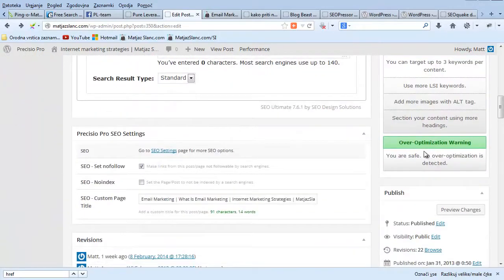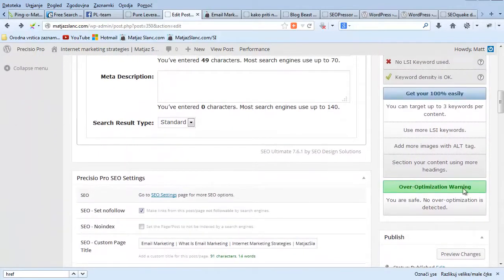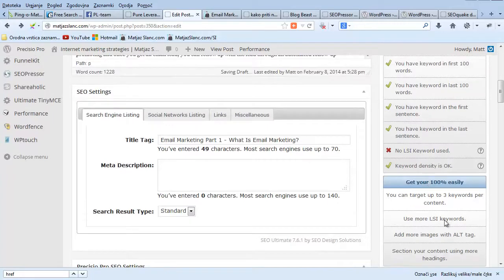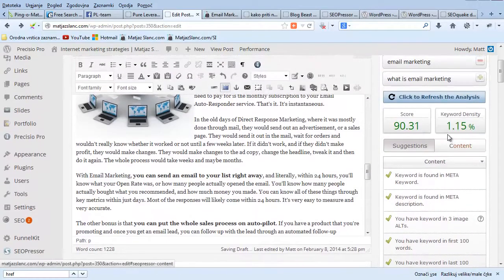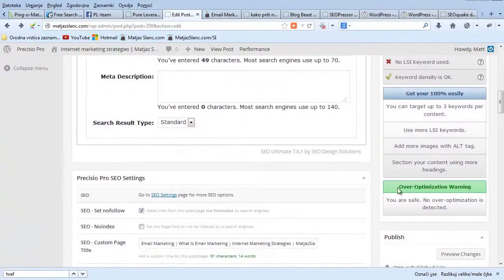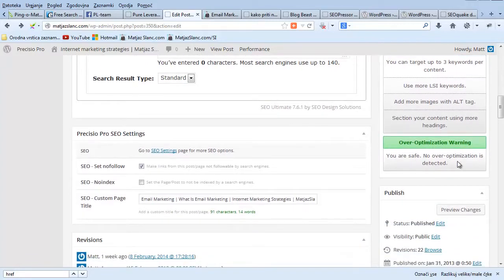Potem ima vtičnik tukaj še opozorilo, če imate mogoče preveč optimizirano. Recimo, če bi bila gostota ključne besede, ne vem, 10%, da bi skoraj v vsakem stavku bila ključna beseda email marketing, bi bilo to rdeče, pa bi verjetno pisalo, da je preveč optimizirano, da je preveč narejeno za iskalnike in premalo za same